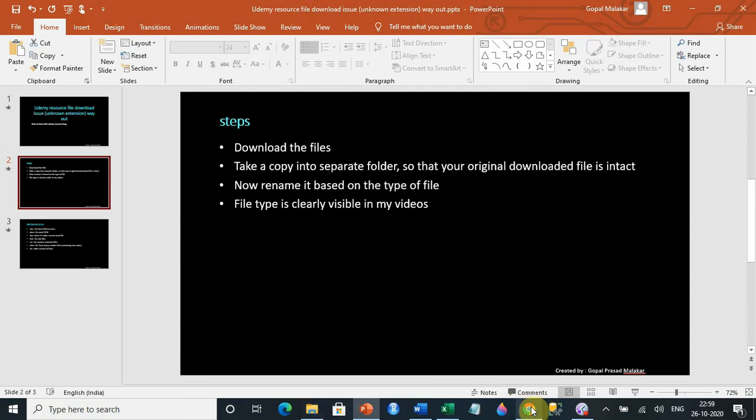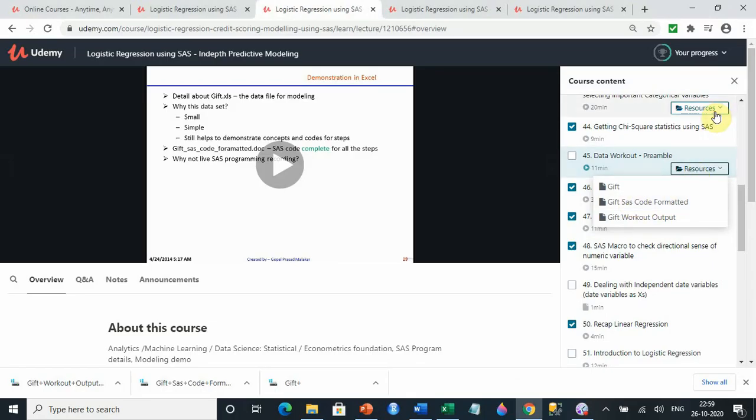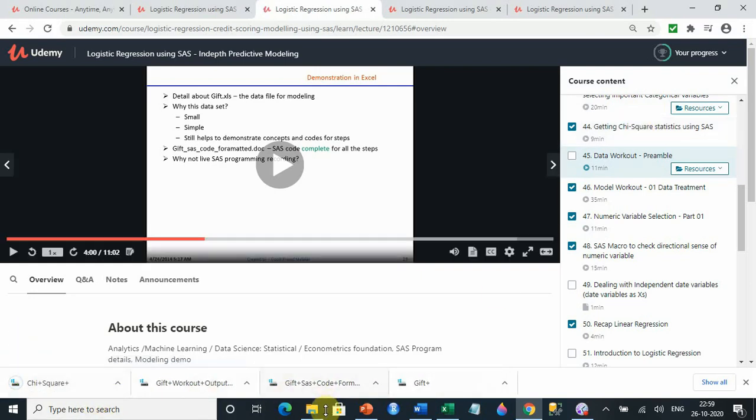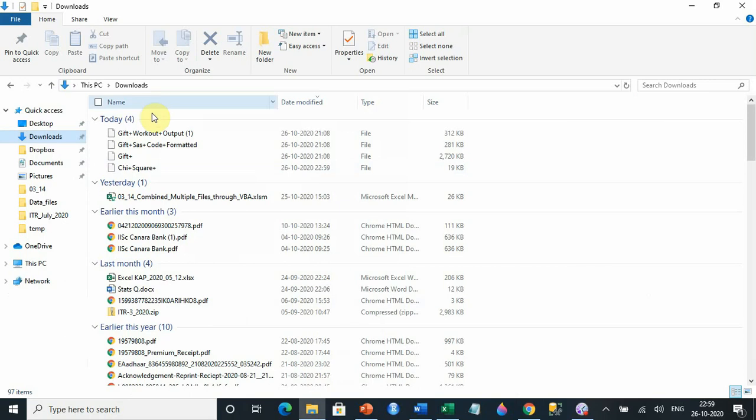So I downloaded these files. I clicked on these files. Let me just do it once again. I'm doing chi-square. It comes here, and it has again gone to this download area.